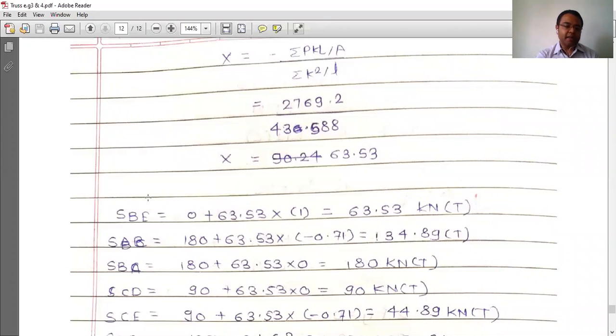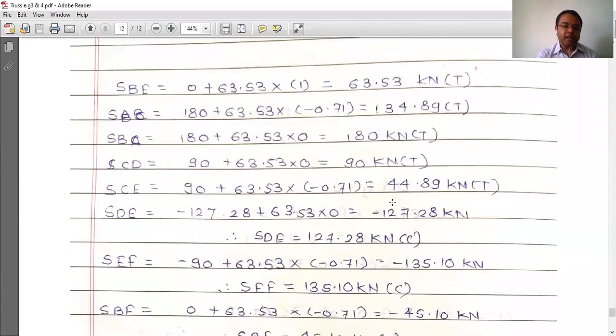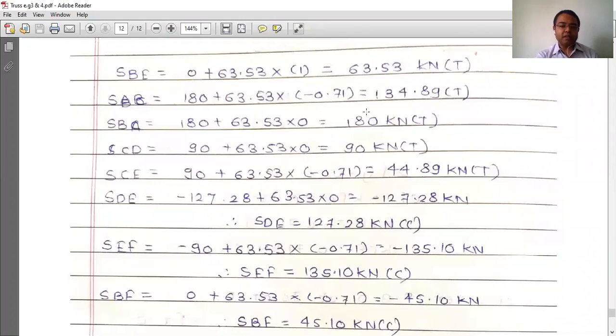P plus XK. We have already gone through this table. Just use all those values of the table here and you can find the final forces in the members of the truss. Again, if you get a positive answer, the nature of the force is tensile. If you get a negative answer, for example the force in the member DE is negative, negative means the nature of the force in that member is compression.